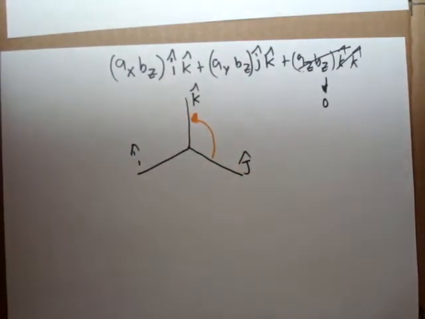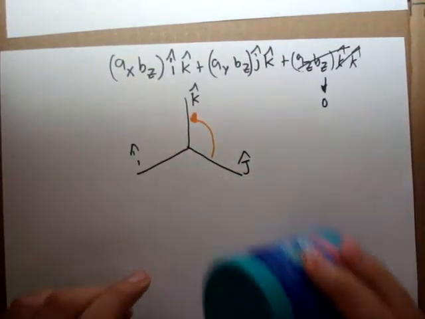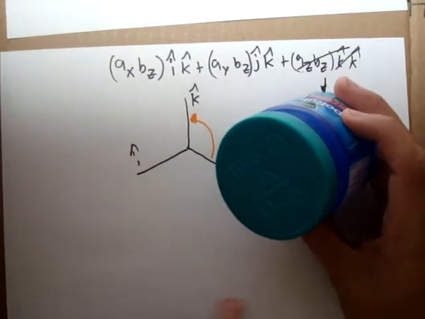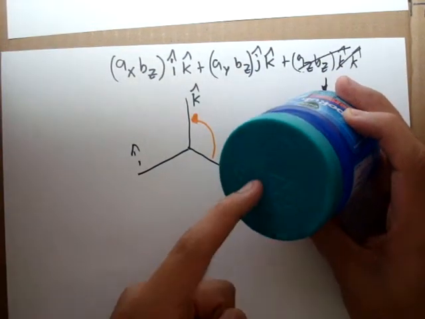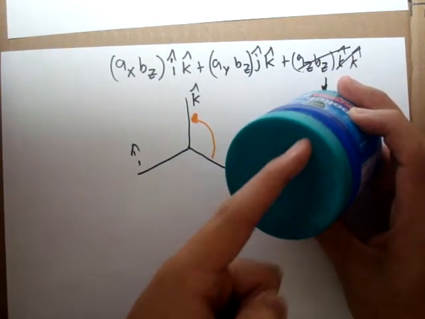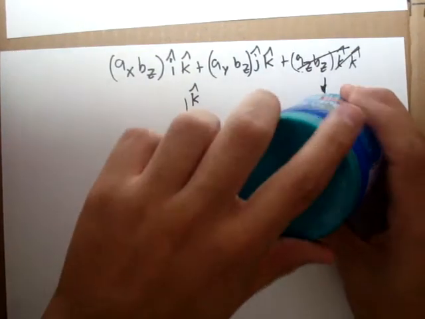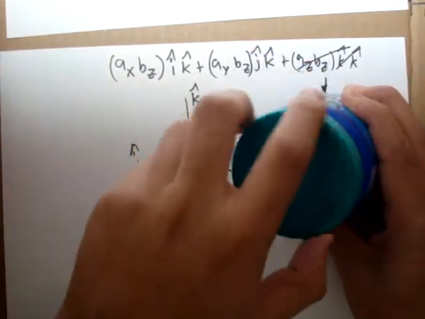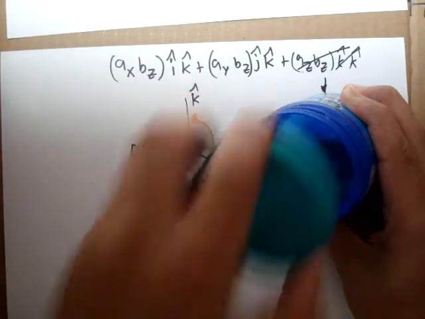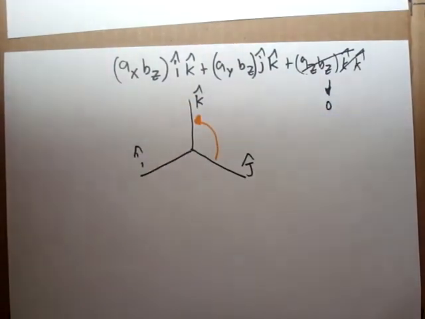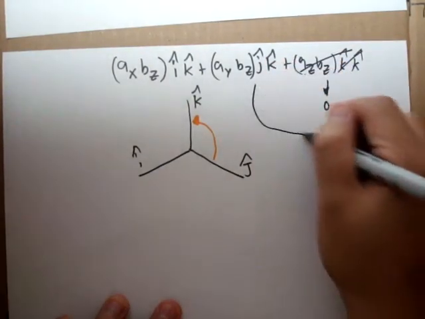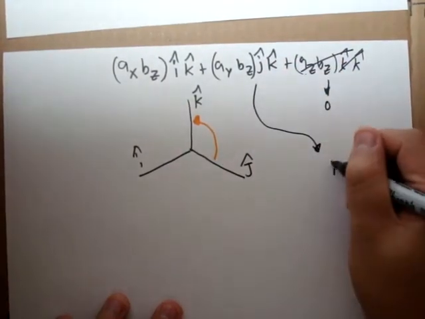So because we're going in that order, think about that as a plane. So this is my plane. This is J caret this way. This is K caret. We're going from J to K. So we're going to go this way. And you see, it comes out. So because it comes out, we're actually going to have a positive I. So this thing right here is going to be positive I,